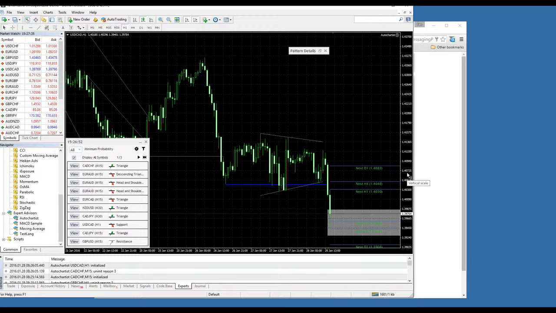But certainly we made the right call an hour ago on AUD CAD. Looks like the Canadian dollar is really strengthening a lot. Okay, good. Okay, so with that being said, let me quickly switch back to the Autochartist web application